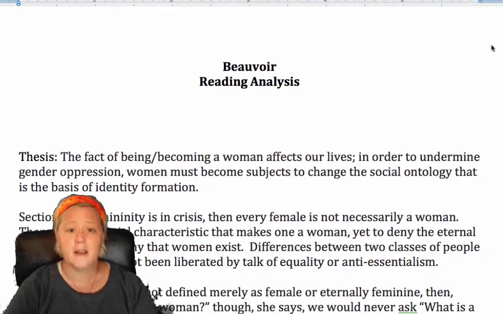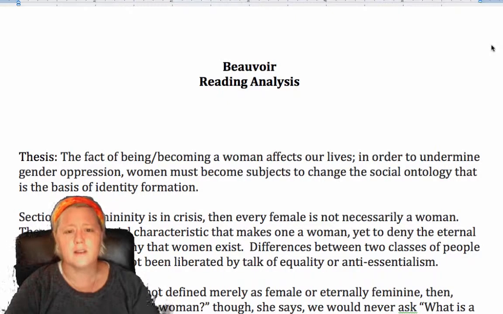Let's start today again with a quick review of the section by section analysis of the text, and then we'll talk in a little bit more depth about Beauvoir's introduction to The Second Sex. The Second Sex, by the way, is a huge text, hundreds and hundreds of pages, written in the early 50s, I think maybe 1952 or somewhere around there. And Simone de Beauvoir is a French existentialist feminist writer.